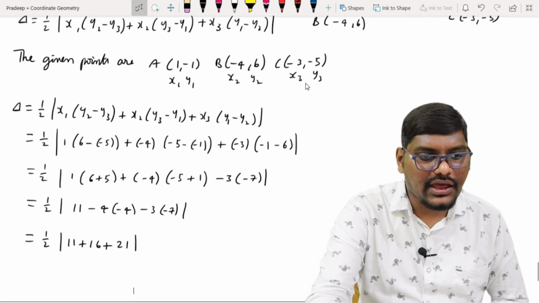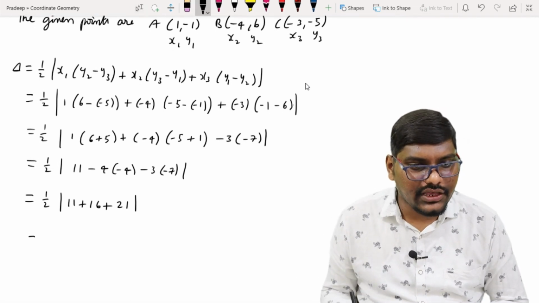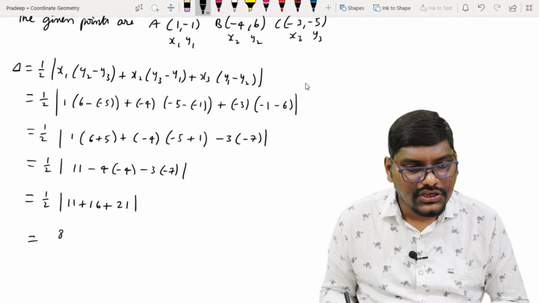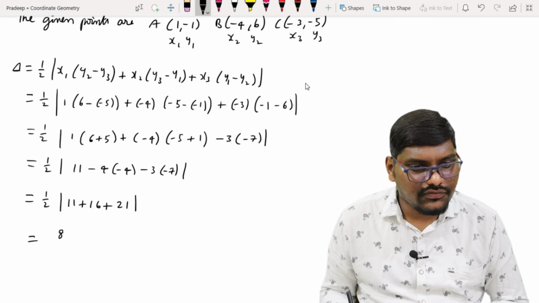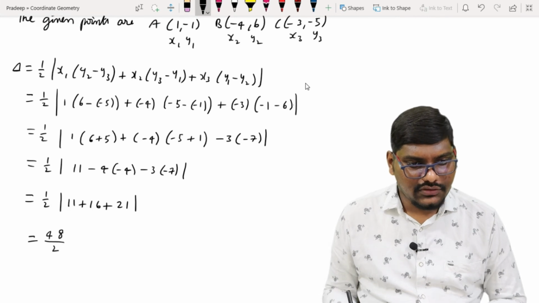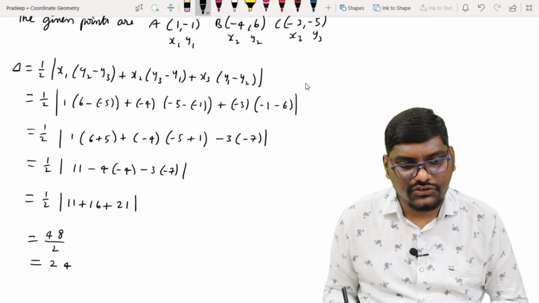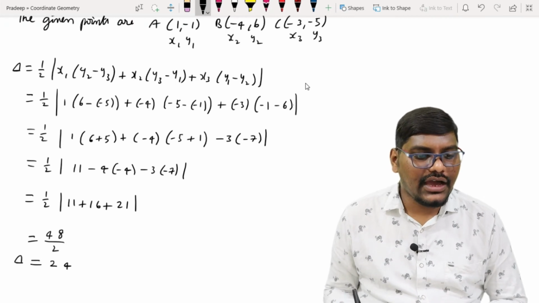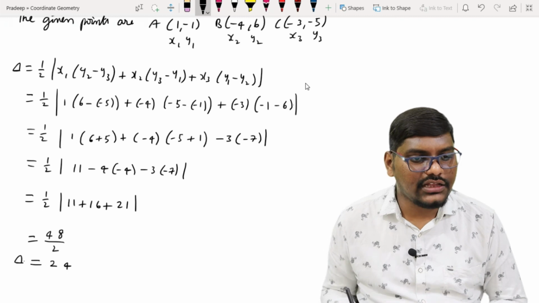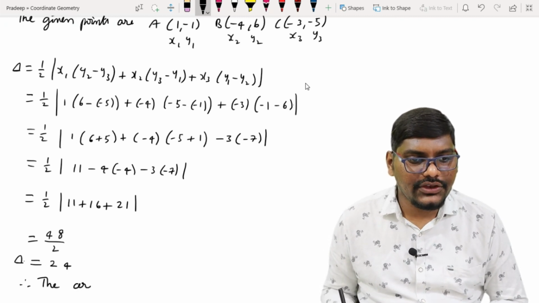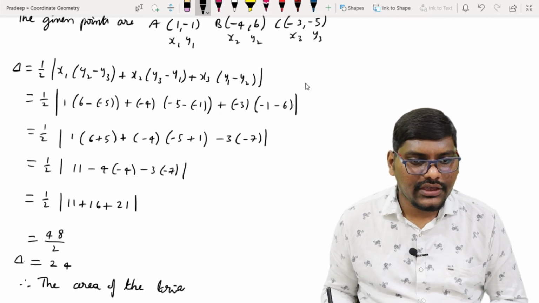So if we add all these values, 11 plus 16 is 27, plus 21 we'll be getting 48 by 2. So when we cancel, 2 2s are 4, 2 4s are 8, so 24 is the area we were getting for the triangle. Therefore the area of the triangle we are getting as